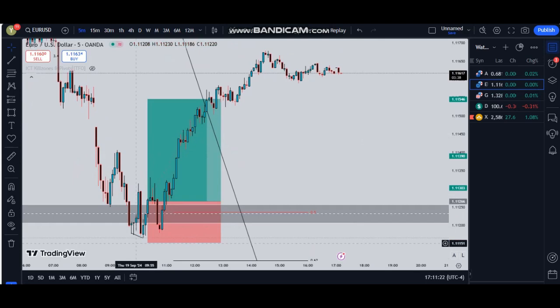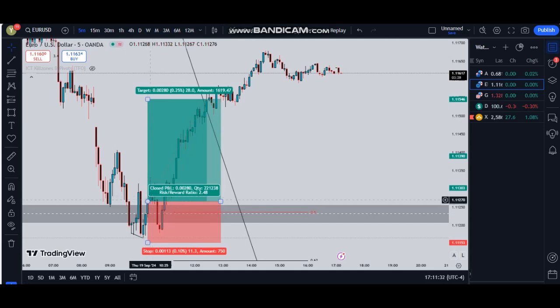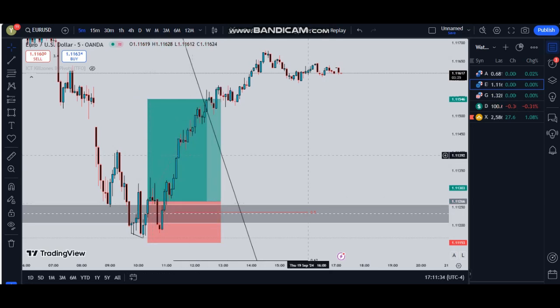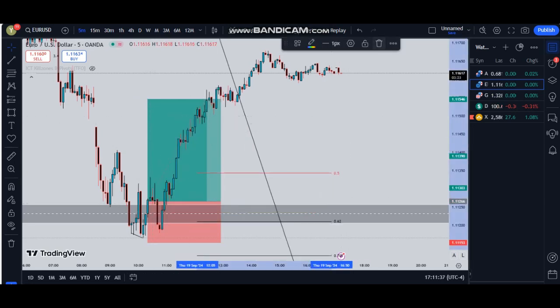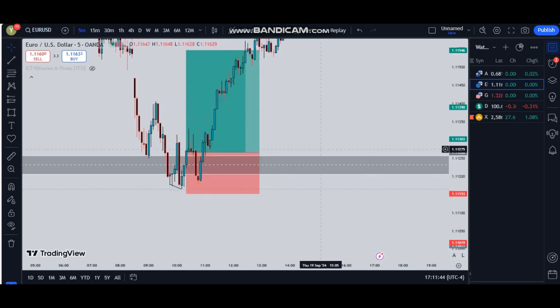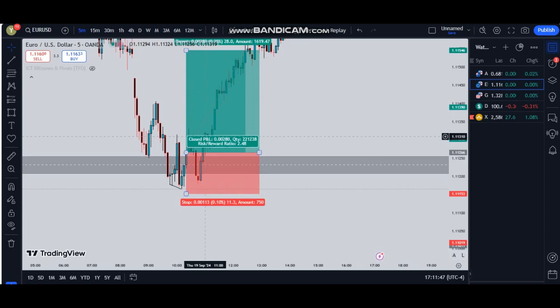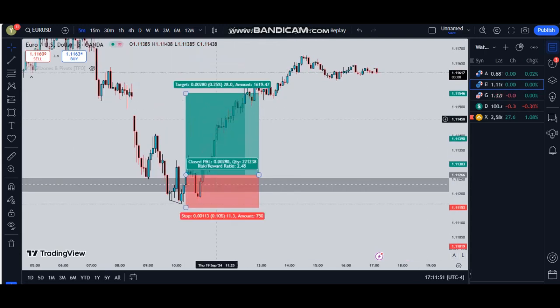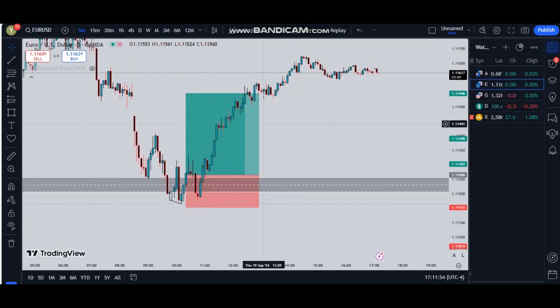So after identifying that, we displaced higher, which is a thing I love to see, and we formed this fair value gap. As this fair value gap was confirmed, I entered on that trade, and the market immediately reversed on me. The market reversed on me, but my stop loss was very safe. I really had a stop loss somewhere safe. The market then immediately reversed and went to our direction, and finally our TP was met. So that's how we did trade today, and I think that was my thought process.